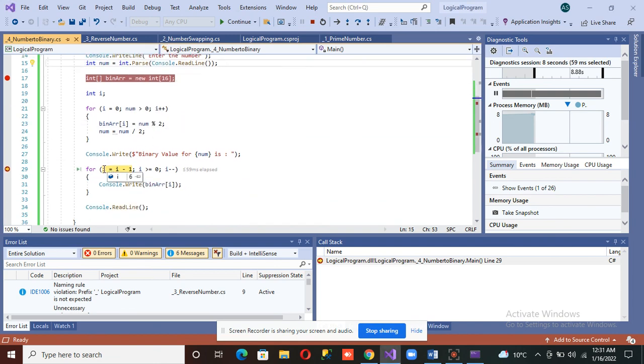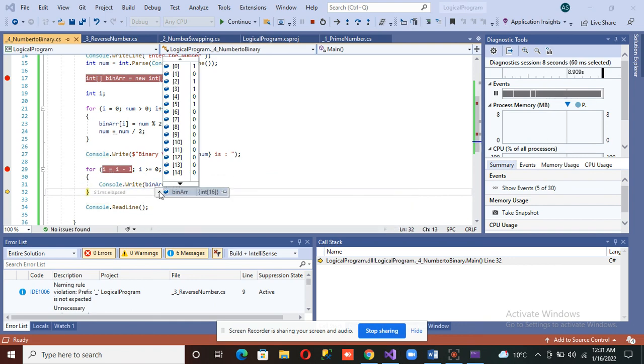Now the value of I is equal to 6, so we have to start from 5 down to 0, so we initialize the value of I to 5. Is 5 greater than or equal to 0? Yes, so it will enter the loop and print the value. It will print the 1 which is at position 5.